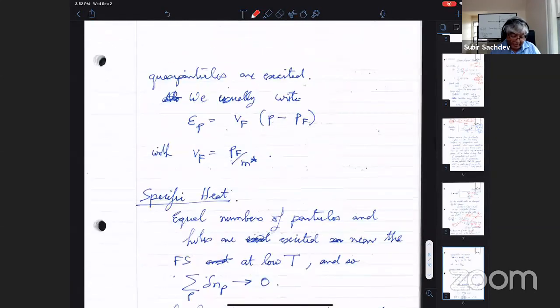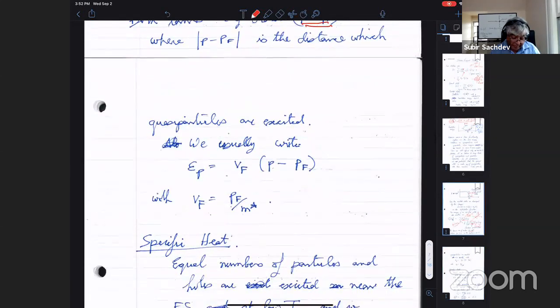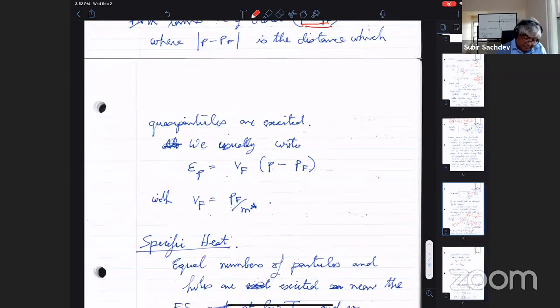Any other questions? Yeah. Okay, this is really the way you normally write it. Since you're only interested in epsilon_p near the Fermi wave vector, where epsilon_p vanishes, you just do a linear expansion. And then there's only one quantity that you care about, which is the Fermi velocity. For a free electron that'd be p_F over m, but for interacting electrons it's over some m star.